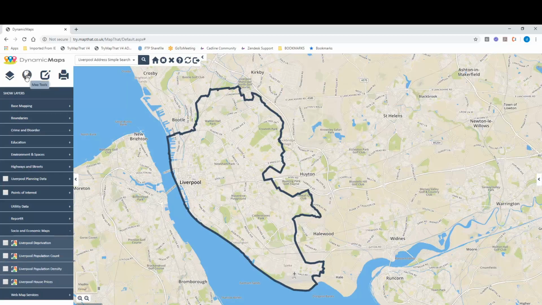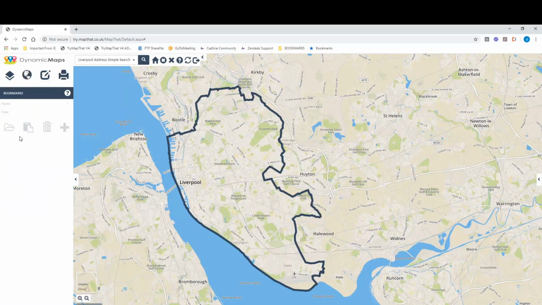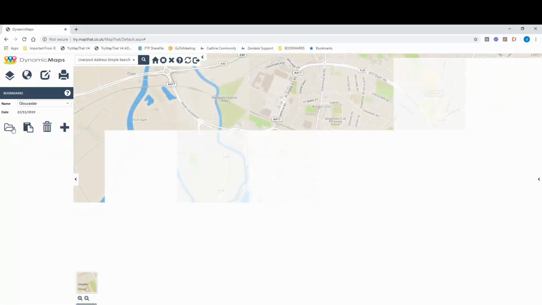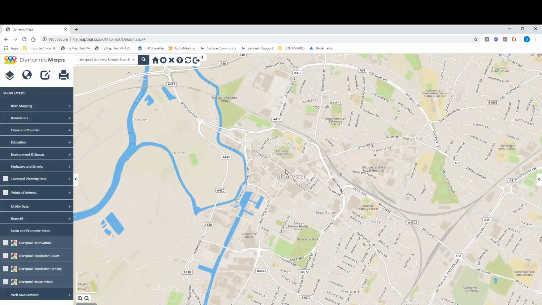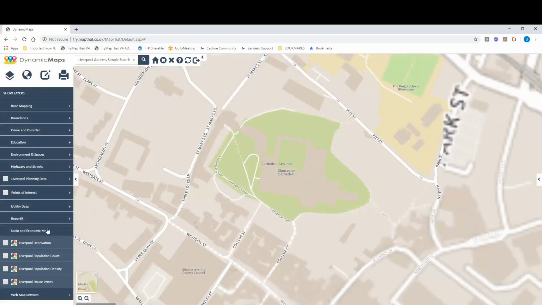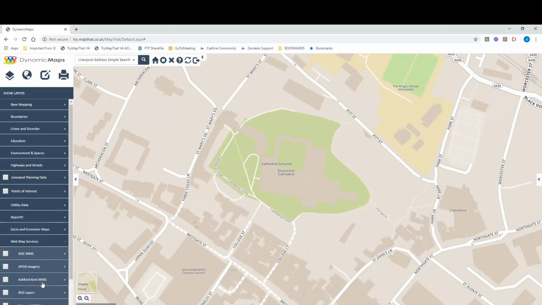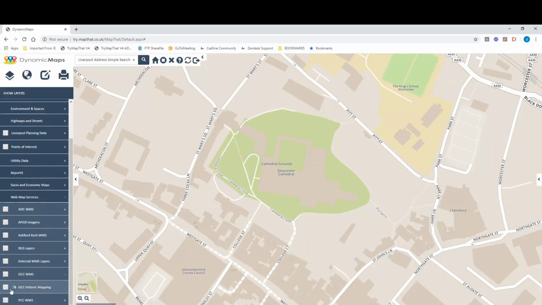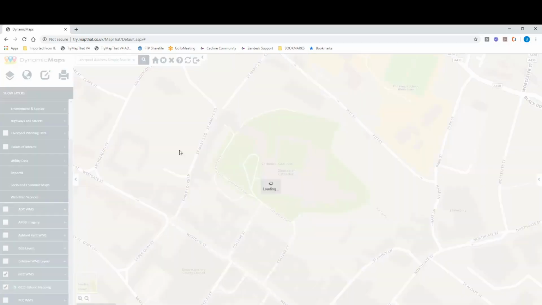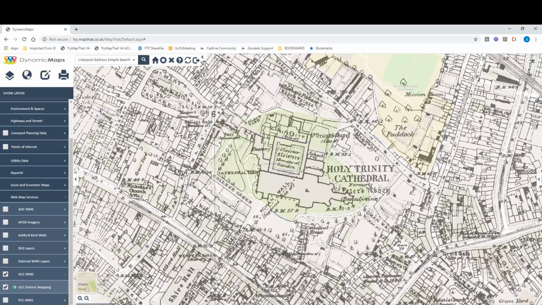What other types of data can we show? Well, if I open up a bookmark, and if we zoom to Gloucester, in this case here, if I zoom in towards the cathedral, underneath Web Map Services we've got a choice of extra options. So we're going to have a look at, first of all, some historic mapping. So MapThat is fully compatible with Web Map Services or WMS layers, in this case showing the historic mapping layer